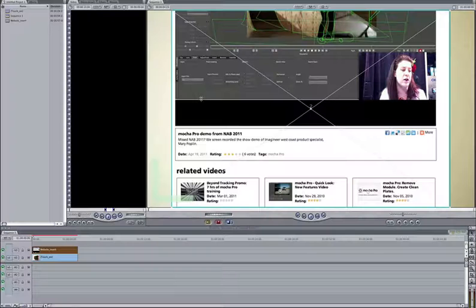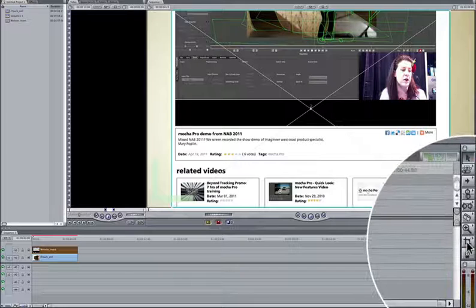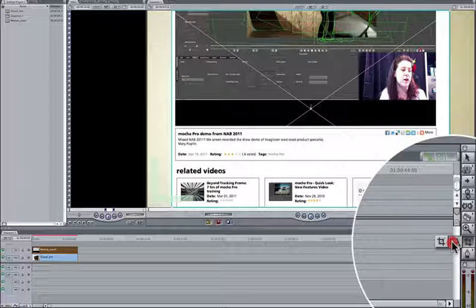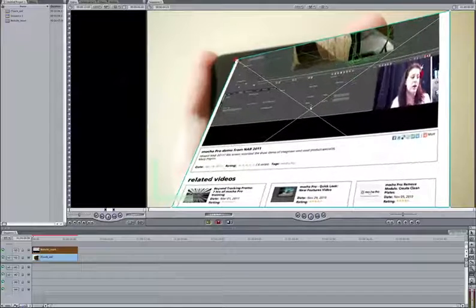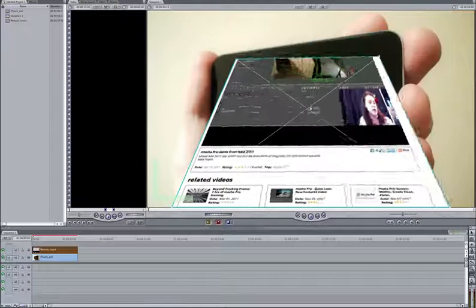So now back in Final Cut we can use the distort tool to actually distort these corners to the edge of our screen in the footage. So we just click and hold our crop tool down here and pick the distort tool, and then we can start manipulating these corners to adjust to the iPhone screen. So I'm just going to drag this down and fit to that corner. So we're just doing a manual process here to distort this screen into place,